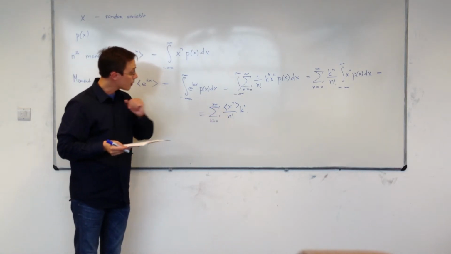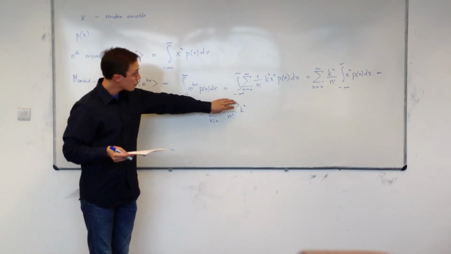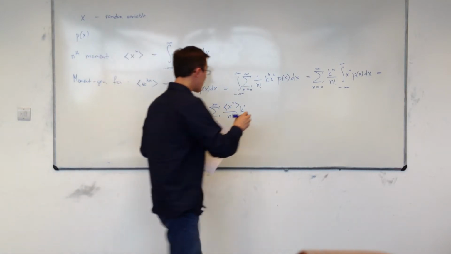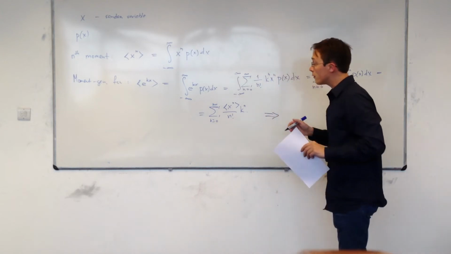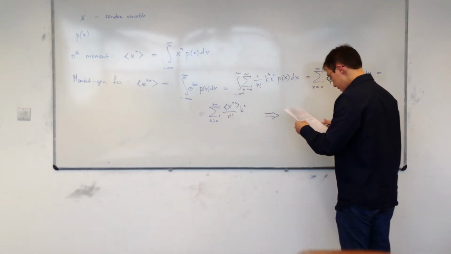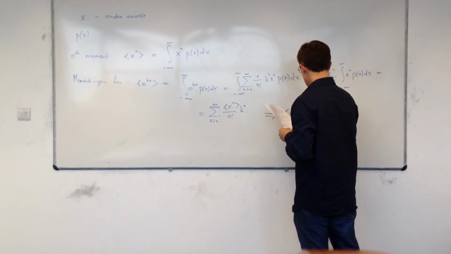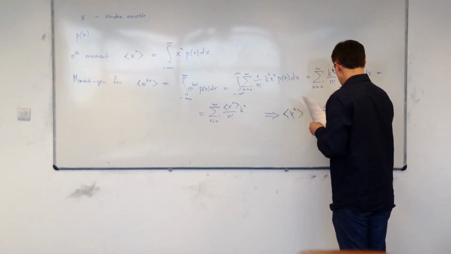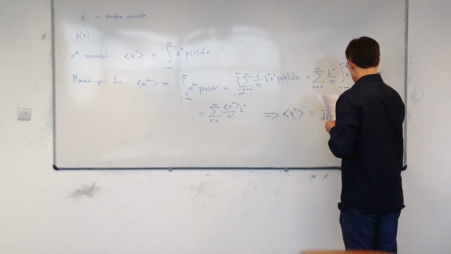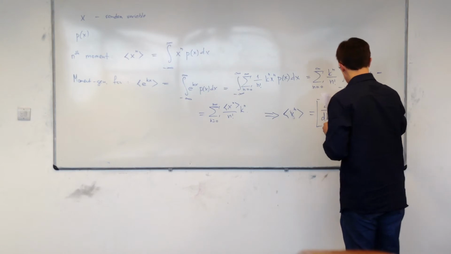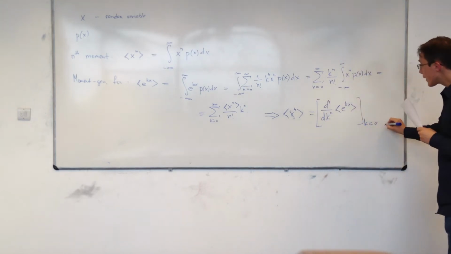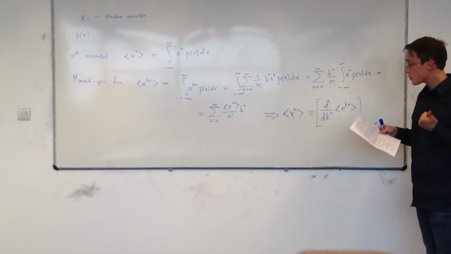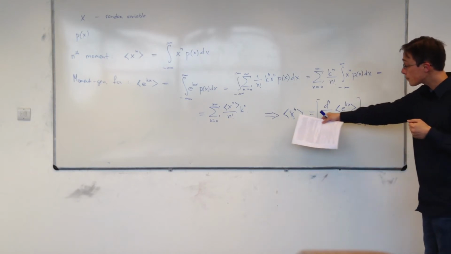So it's the moment and then n factorial, but you know extremely well what should be occupying this space in the Taylor series. It's the derivative of the function, and so what we conclude is that the moments are in fact the derivatives of the moment generating function. More precisely, the nth moment of x is d^n by dk^n of the expectation value of e^(kx), evaluated at k equals 0. And this is the reason why the expectation value of e^(kx) is called the moment generating function. It is because it actually is generating those moments